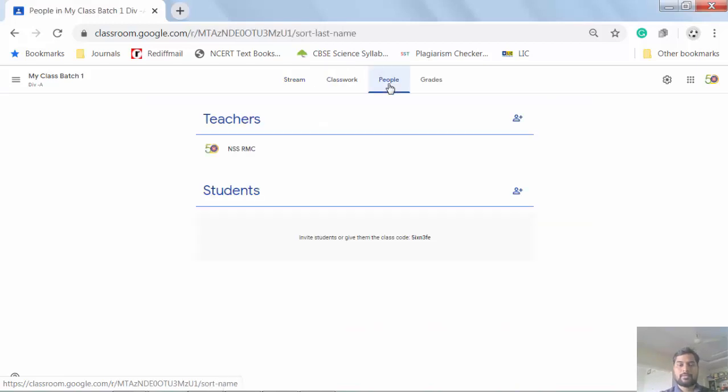People. Here we can see two options, teachers and students. We can add co-teachers here, who are teaching the same class. So here is the option, we can add our co-teachers from this option. Click on this plus sign.